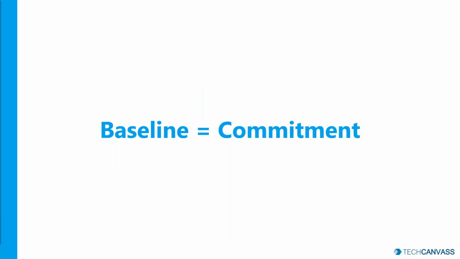Before I proceed, I would like you to memorize one fact in terms of terminology that we use in project management: whenever we use the word baseline, it means we are committing to something. When we say scope baseline, we are saying that this is the scope we are committing to the customer that we will be delivering to them. When you are talking about cost baseline, we mean that this is the cost within which we will be delivering the project. So that is the commitment we are making. This is some notation that you need to understand.